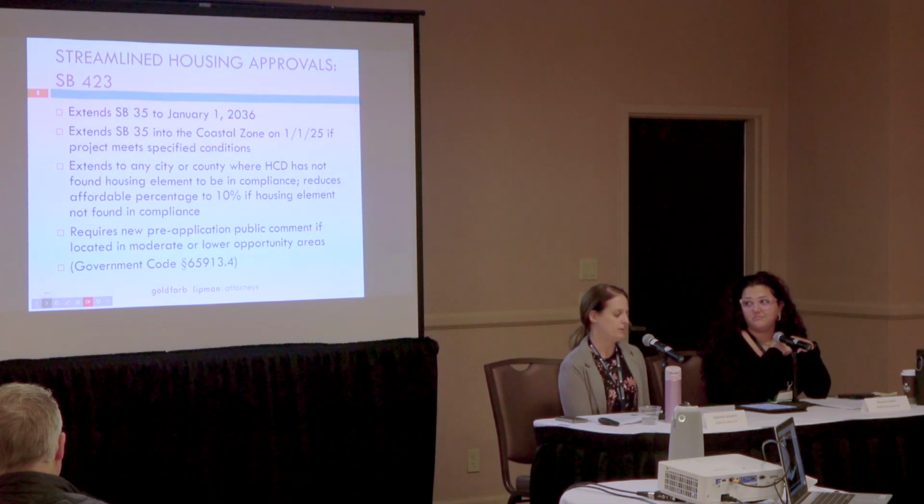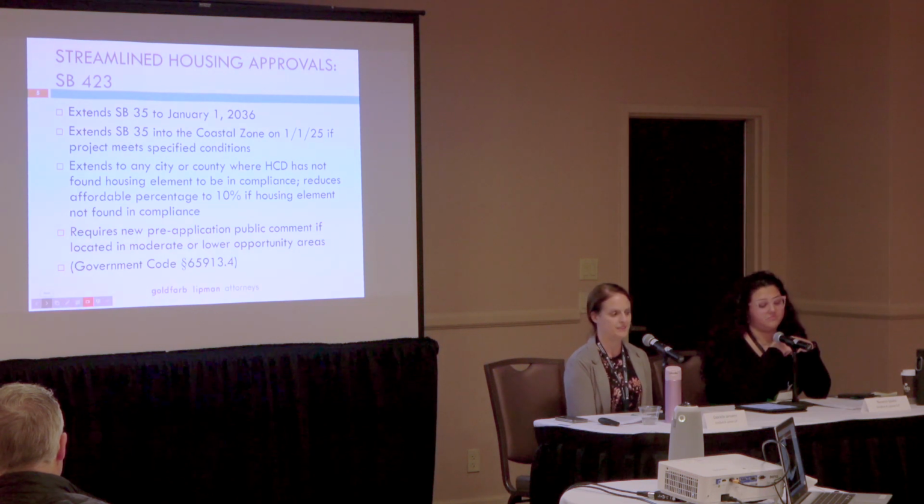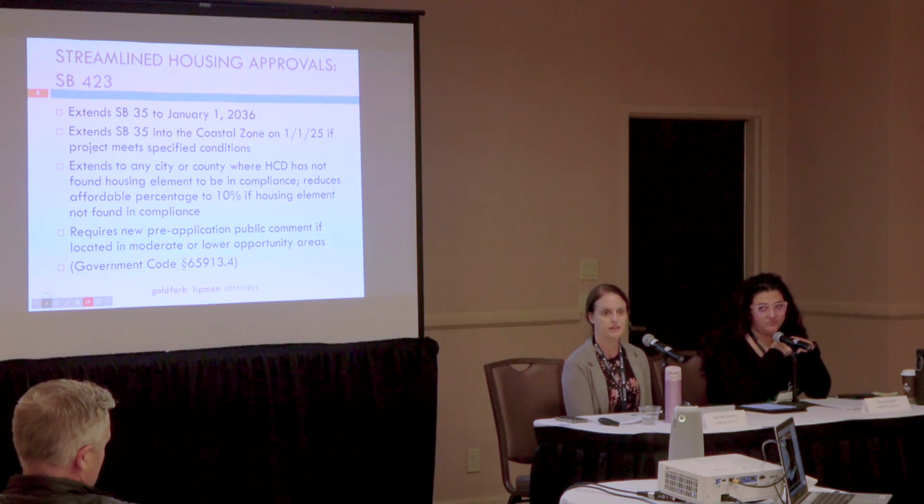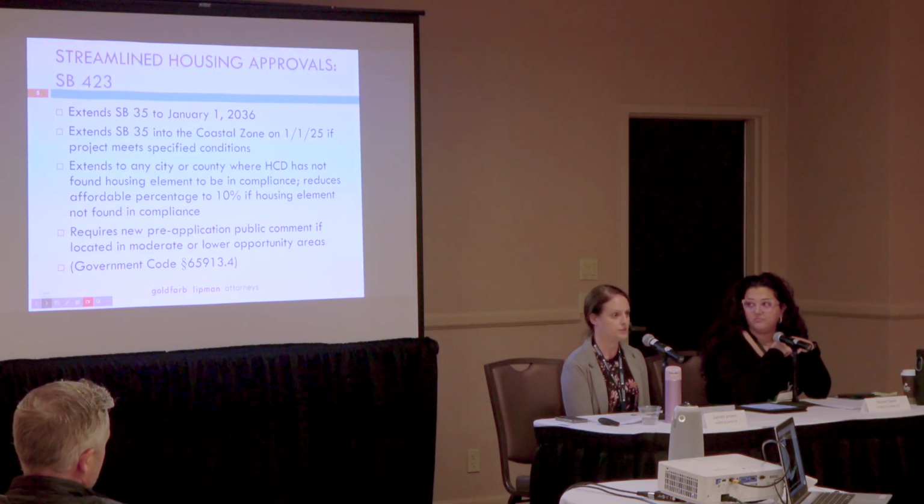And there are some affordability requirements. It depends on if the jurisdiction is meeting their moderate income needs allocation, their lower income needs allocation. In most places, the requirement is that 50% of the units be at a low income level, which is typically 80% of a